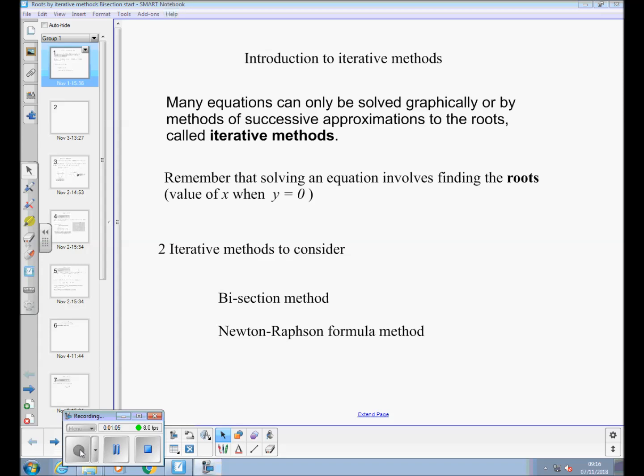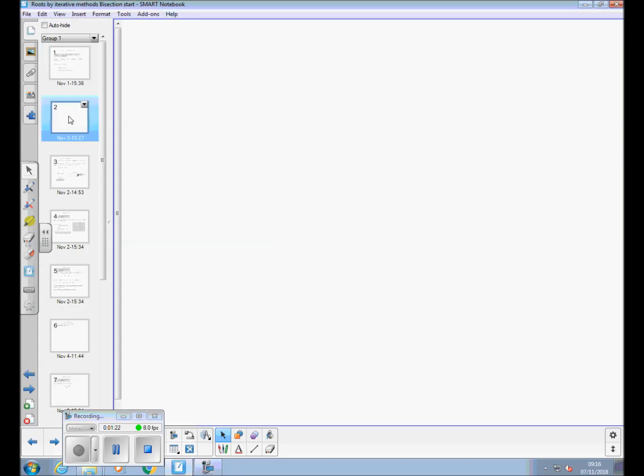One is the bisection method, and the second one is the Newton-Raphson formula method. Right, and we're going to make comparisons of using the two for particular functions. Okay, so next there's a blank page because with no calculator